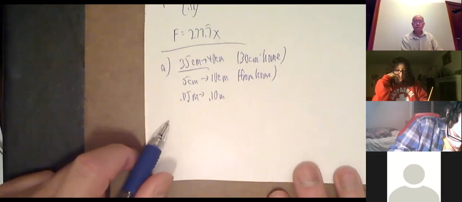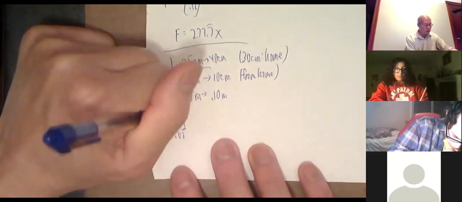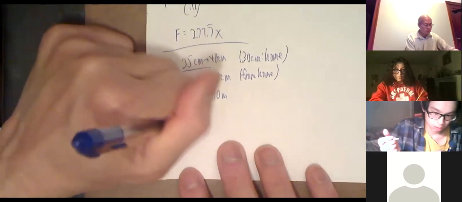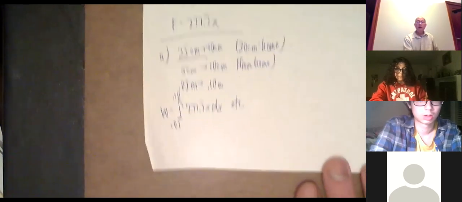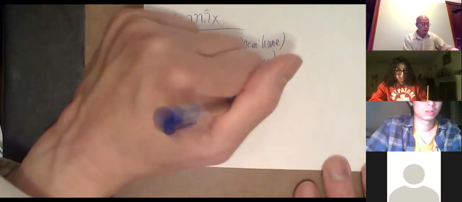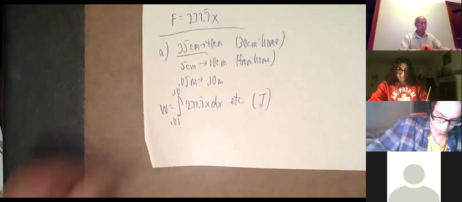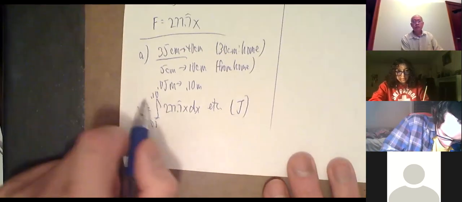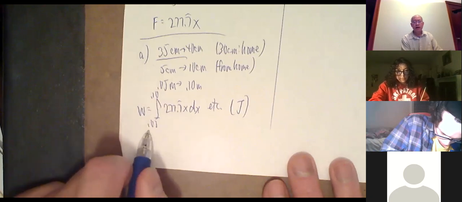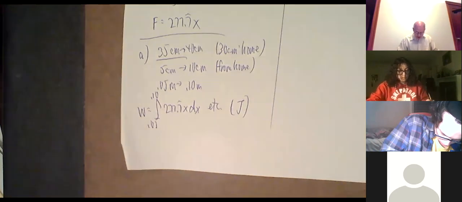So that's how I integrate. The work is the integral from 0.05 to 0.10 of 277.7 repeating x dx. Your answer is going to be so many joules. So that's going to be what? X squared over 2, plug in 0.10, plug in 0.05, and get what you need. And then part B,